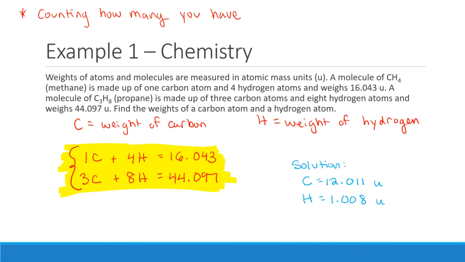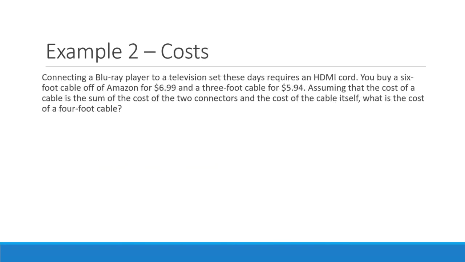Okay, yeah, I started with the most straightforward problem. Okay, so example 2. Here we're going to look at the cost of things. And cost is another very common type of problem where you're basically trying to come up with how much something costs. Now this one is a twist on the most common, because usually